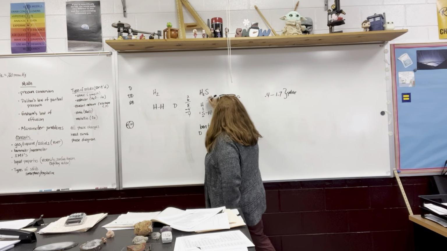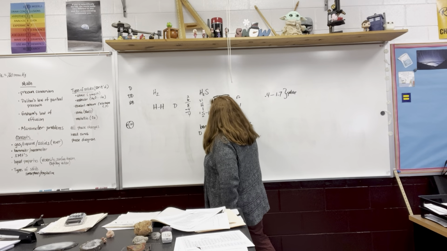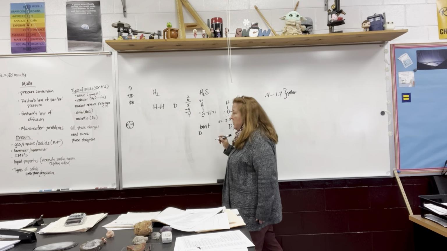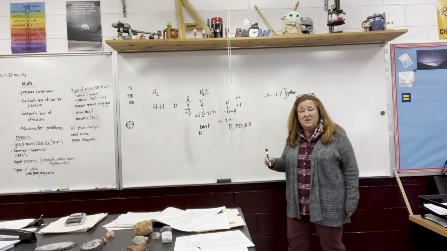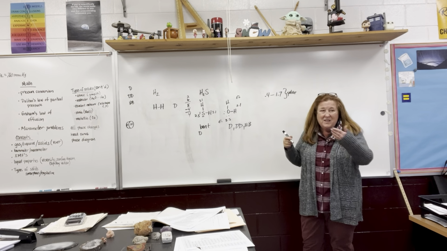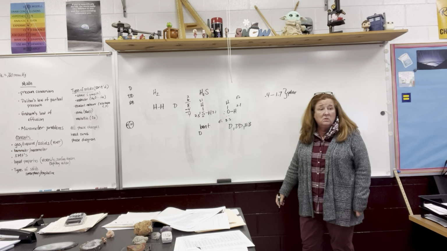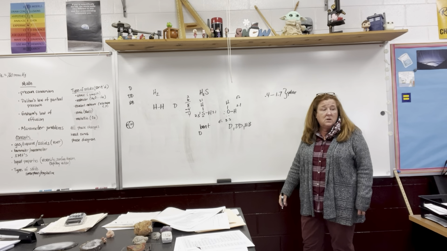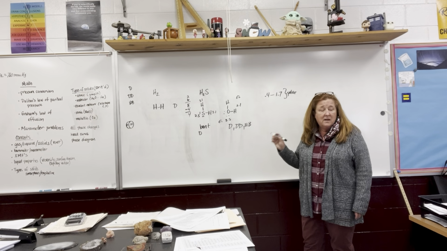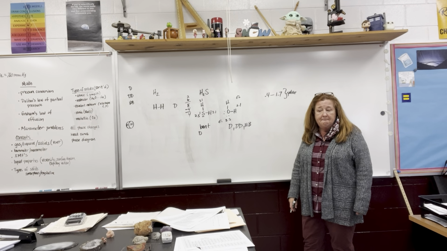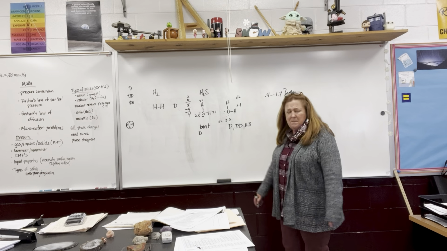So hydrogen is still going to have a 2.1. What's sulfur? 2.5. That's only a difference of 0.4. So chances are pretty good, although it's right at the bottom of it, this is not polar. It's not polar. So because it's not polar, even though there's hydrogens, there's no hydrogen bond. That just has dispersion. On the back of that worksheet,